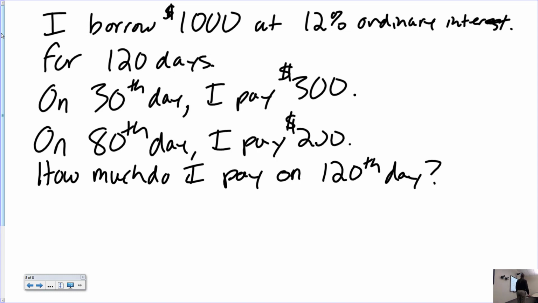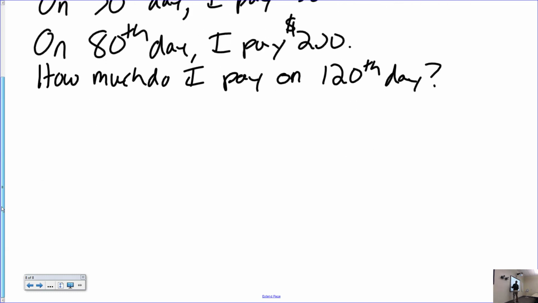All right, so the idea here is that this is what the book calls using the U.S. rule for early payments. This is not a U.S.-only rule, so I'm not exactly sure why the book says this, but whatever. Anyways, the idea is, when you make a payment,